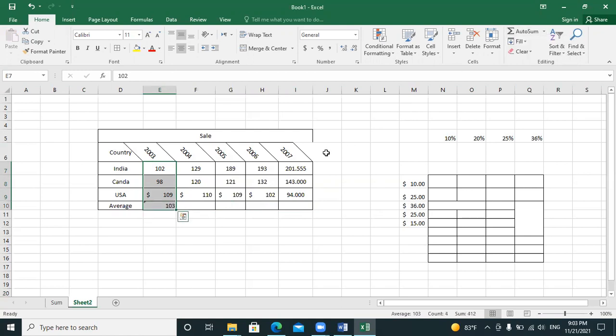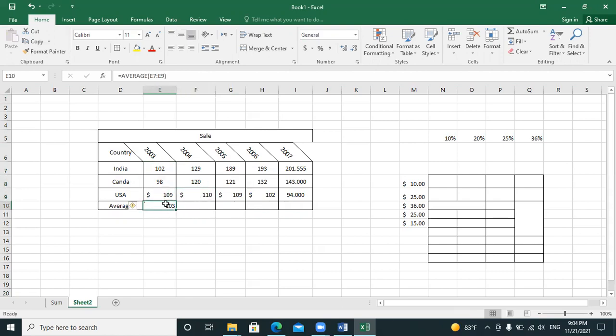What is average? Average means 102 plus 98 plus 109 total. After the sum, I have to divide it by 3. Suppose here I have 3 numbers. So the sum divided by the number of values, that is the average. The same thing I can apply here also.